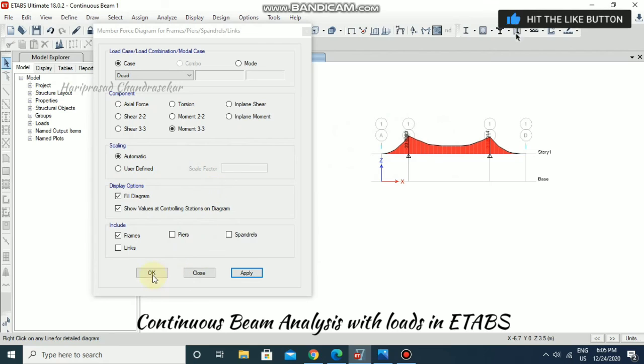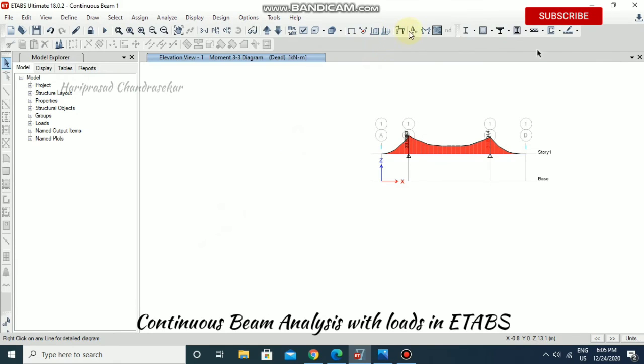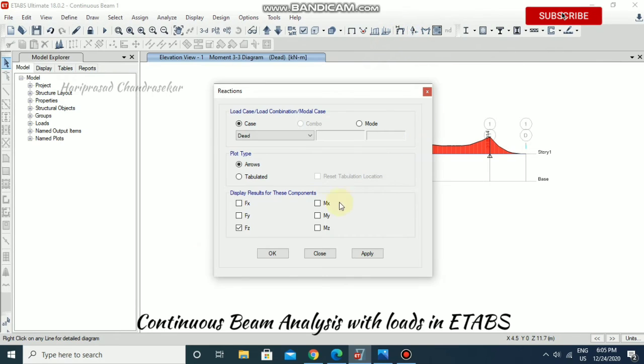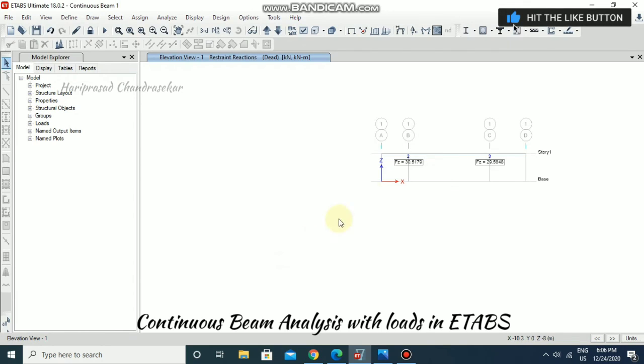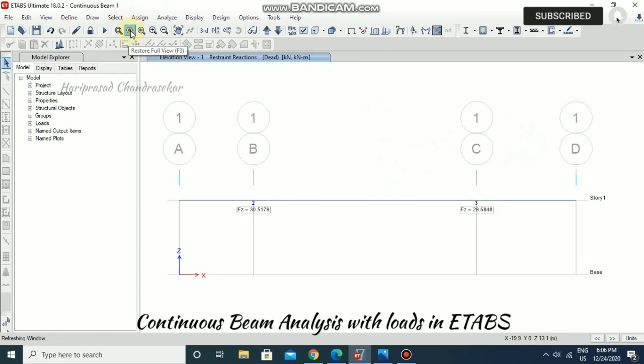And even you can go for reactions, or tabulated ones. If you have anything, you can select it and then apply. Now you will get the values displayed here, and you can use this option to restore the full view. It will give you the full view.